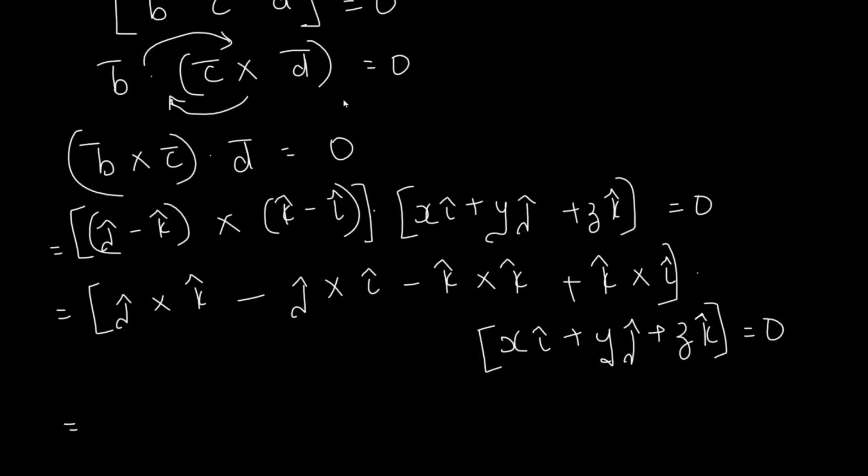So in this way, what is j cross k? We have seen earlier in the theory part that j cross k means vector I, minus j cross I. Now minus j cross I becomes k, so minus into minus becomes plus k. K cross k of course is 0, it goes away. And k cross I becomes j, so plus j. So the first term becomes this much, dot the second term.